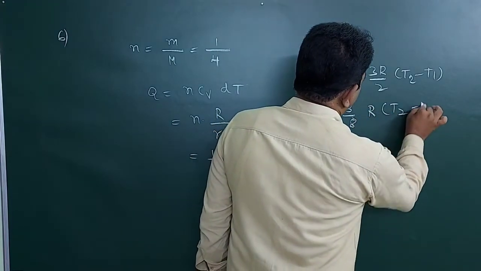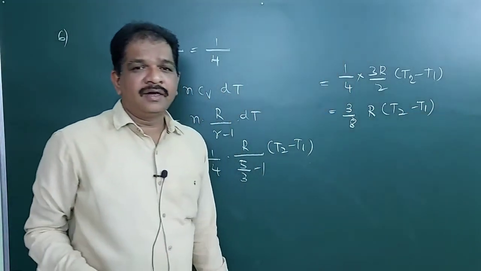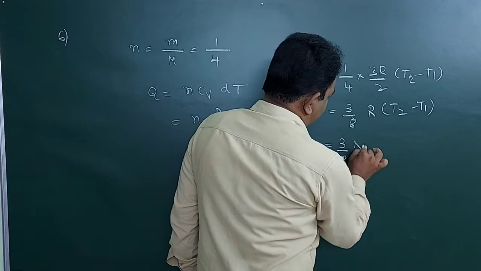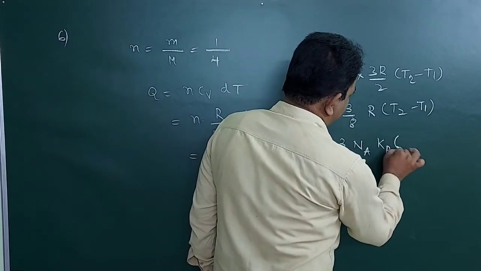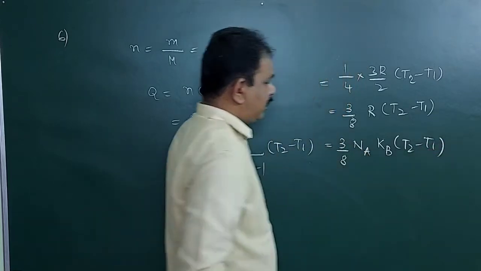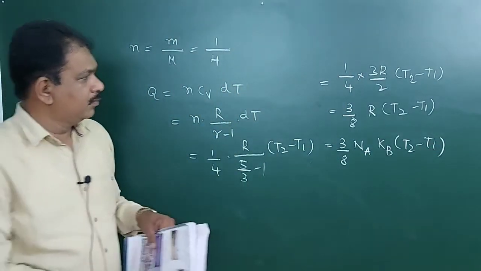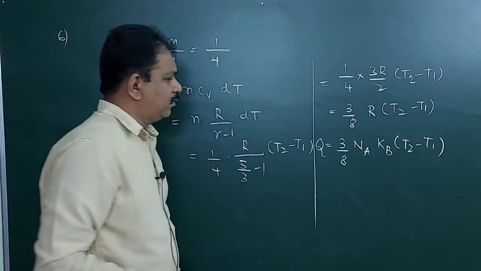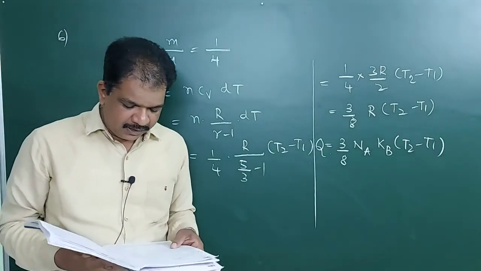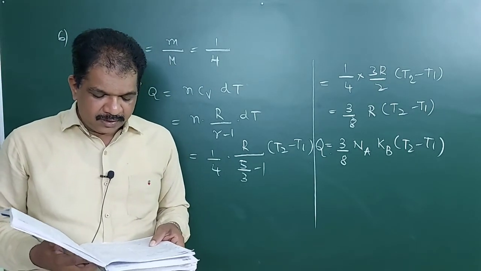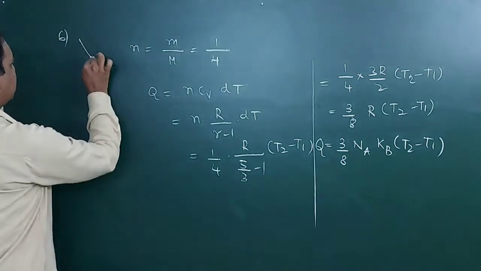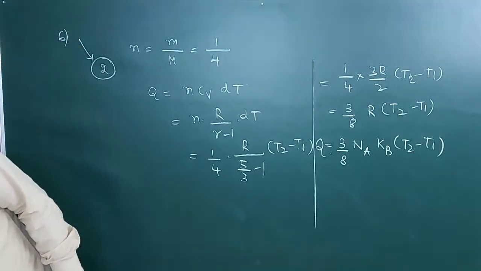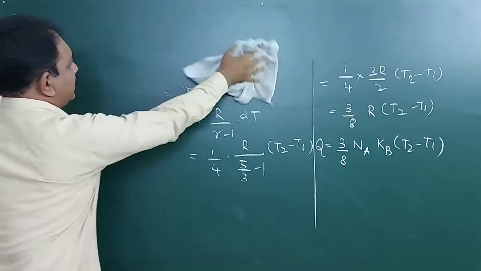R into T2 minus T1. R is equal to capital N into k, so this is Avogadro number, this is Boltzmann's constant, into T2 minus T1. So how much did we get finally? Q value will be equal to 3 by 8 NA kB into T2 minus T1. Sixth question, it will be second option. Okay. Next, see the